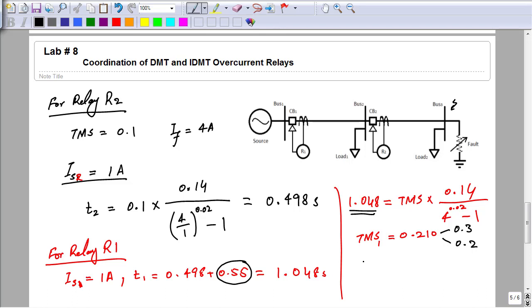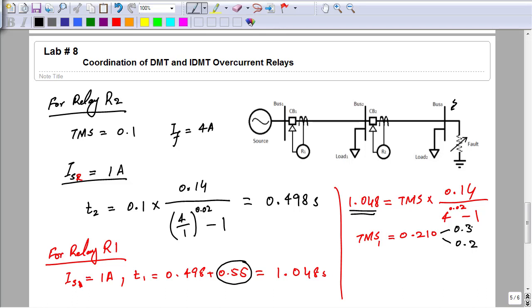So whether we are selecting 0.3 or 0.2, we will have to make an adjustment in the I set current, the pickup current of this relay R1, so that the final value of operating time is not going to change from this value 1.048. It should remain the same value 1.048.